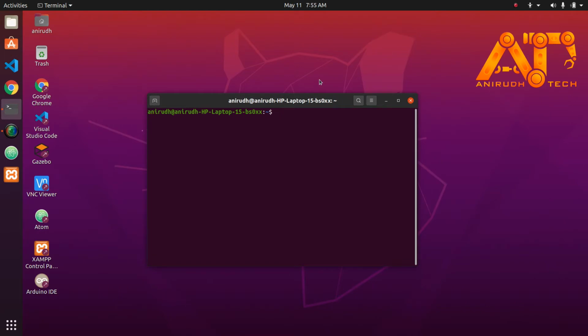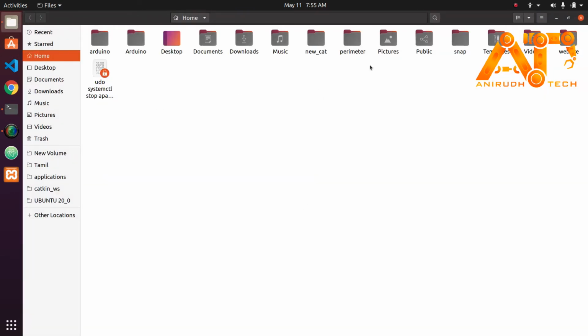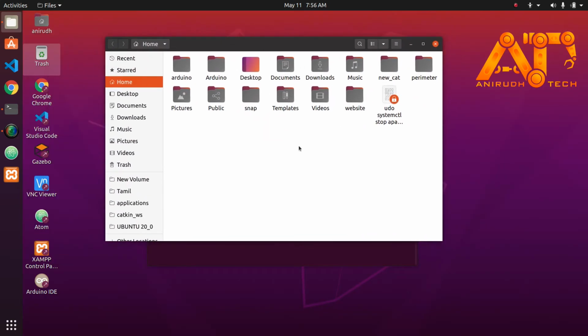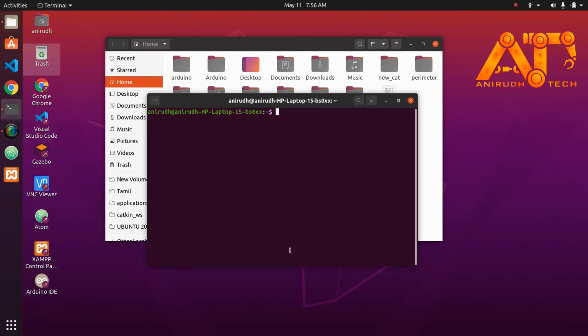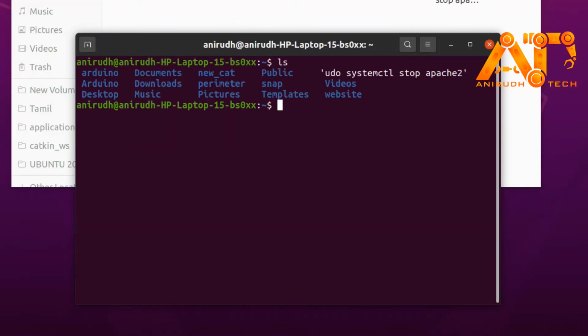Okay, so first of all we can create our workspace folder. You can decide where you want to make the folder. I like to make it on my home folder. Here I am just creating a new folder. I can make it from the terminal. This listing shows the folders on my home.